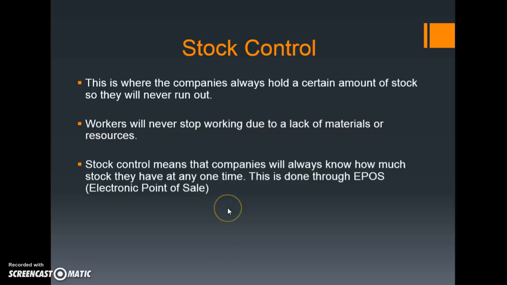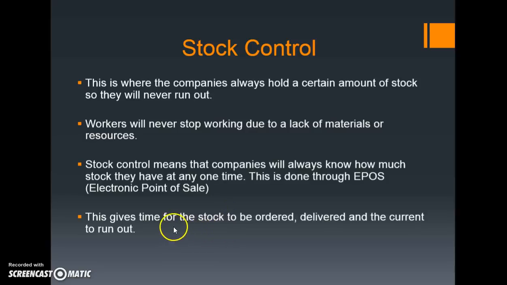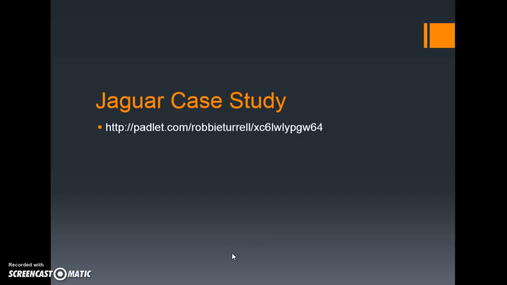That would also be tied up with maybe some sort of email that, once stock goes to a certain level, gets sent over to the suppliers, who will therefore have time for the stock to be ordered and delivered, and also for the current stuff to run out. While this is happening, the delivery is making its way, and then hopefully just in time will prevail. So when that last product or raw material gets used up, the delivery comes in straight away, seamless. So a really good case study to look at is a Jaguar case study that covers, again, a lot of all of these